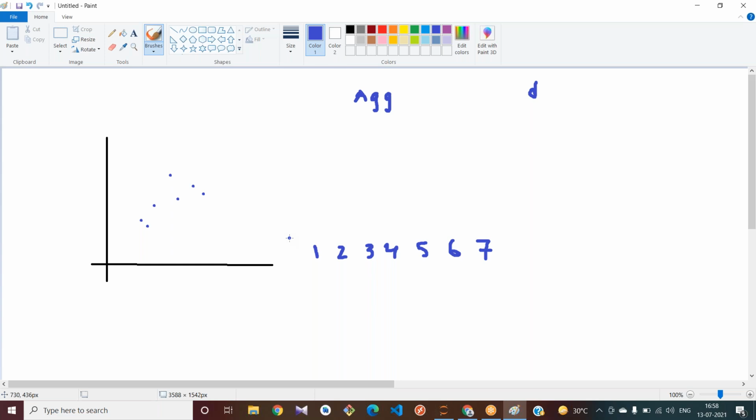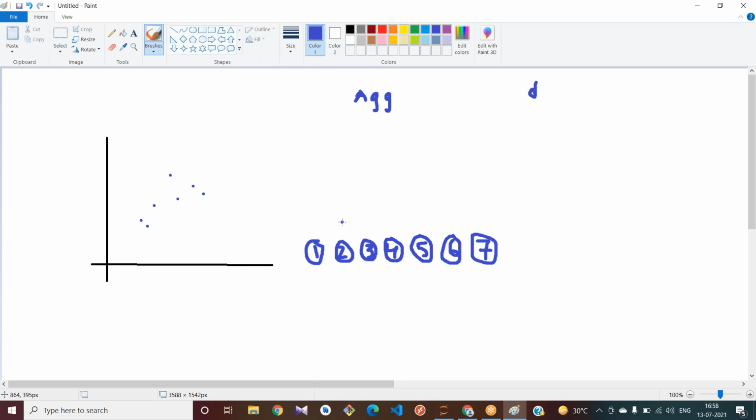Based on the distance measures, it tries to classify. First, it classifies every single data point as a cluster. Initially, I have 7 clusters.